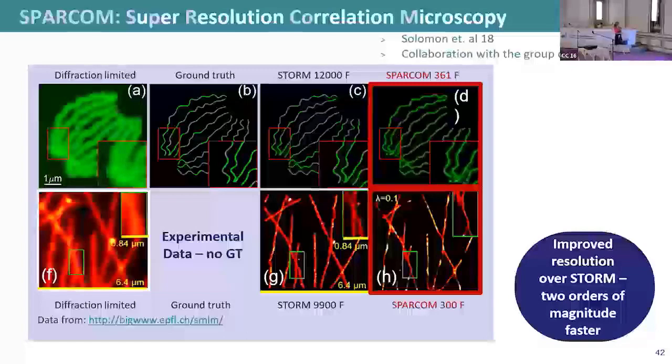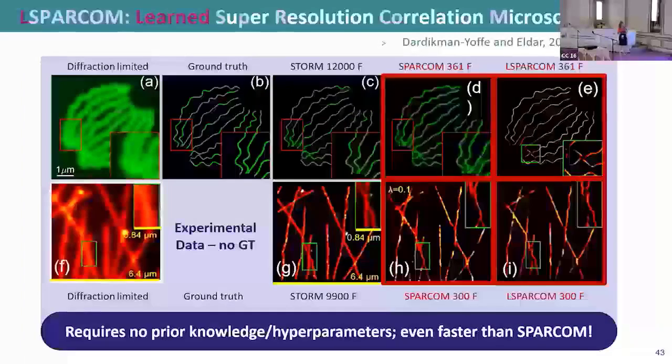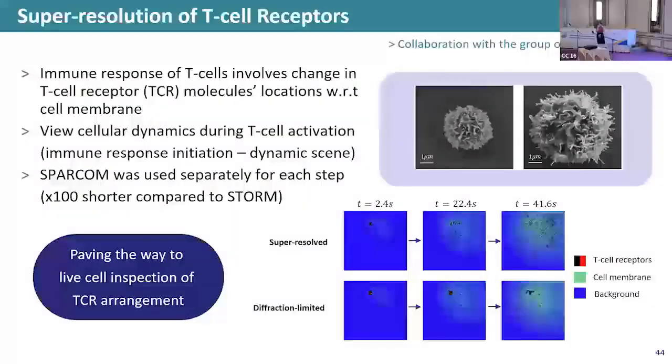It works really well on real data as well. And when we do the unfolding, we don't have to know any parameters of the microscope in advance. Okay, so this is very robust. We can use this in any microscope. We don't have to estimate the point spread function. So we get very high resolution, both in time and in space, without having to know anything about the underlying microscope. And now we've been collaborating with Professor Gilad Aran, who's a professor of chemistry at Weizmann, and he's been